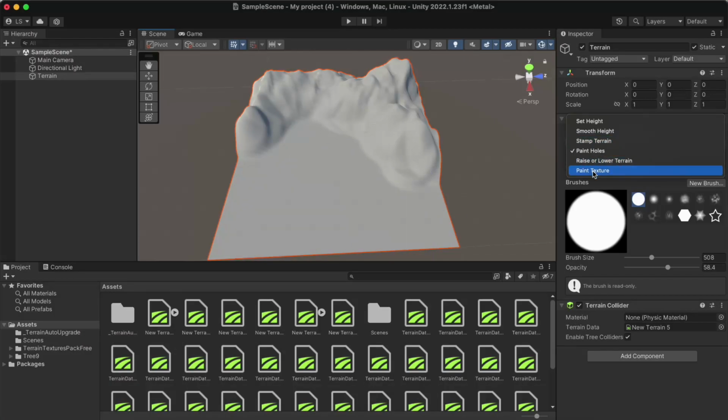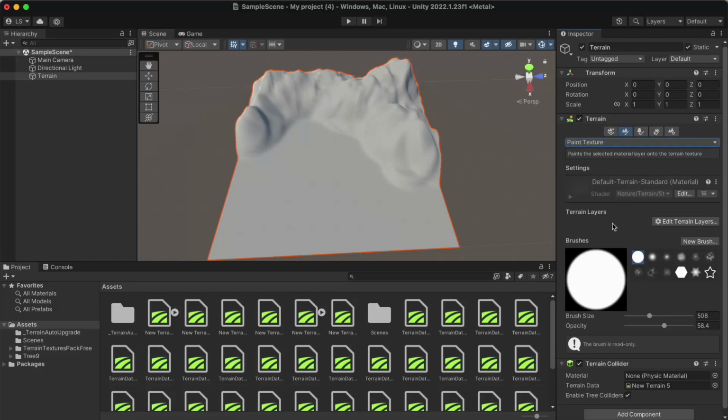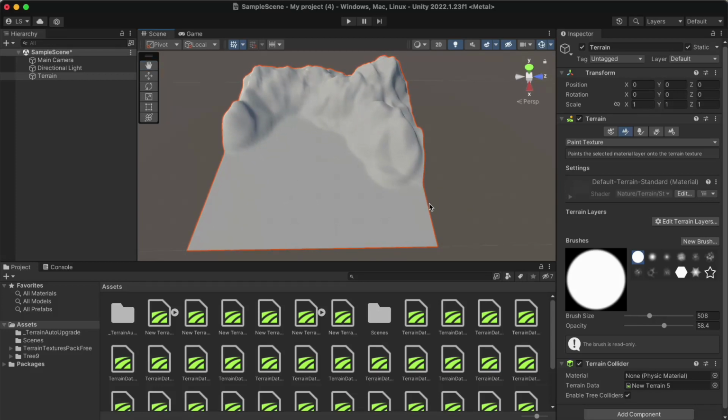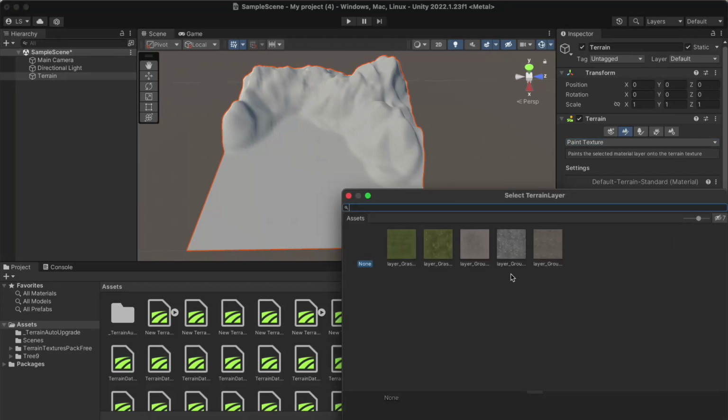And then last but not least, the most important one, paint texture. Here you can have your grass, have your dirt, you can have sands or anything that you want based on your project. How we are going to do that? Here you can see edit terrain layers by add layer. Here I have already some layers, but if you do not have anything, let me tell you how